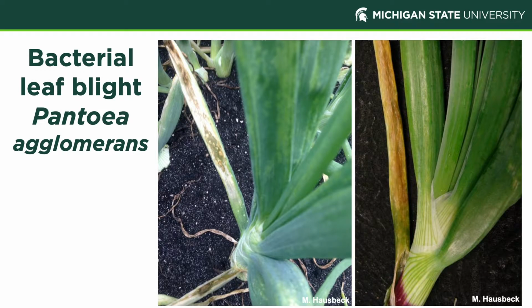And so bacterial leaf blight is a major problem for onion growers in Michigan. It's a major foliar disease issue, and it continues to be a major issue. It's caused by Pantoea agglomerans. Symptoms of this disease include these tan, necrotic lesions that run down the onion leaf. They have these water-soaked areas throughout the symptomatic tissue and where the leaf connects to the bulb. The thing about bacterial leaf blight is that it's vectored by thrips. And so management of this disease is really done by managing thrip populations in the field.